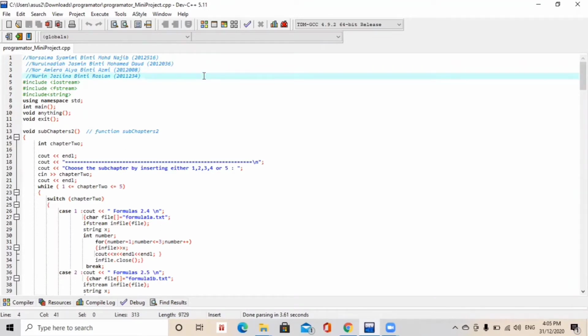Okay, as we can see from this coding, at the beginning of coding, we have three types of header files. The first one is IOStream header file. The reason why we use IOStream is because IOStream contains code that allows a C++ program to display on screen and input from keyboard. Next, fstream header file is used for file access, while string header file is used to perform operations